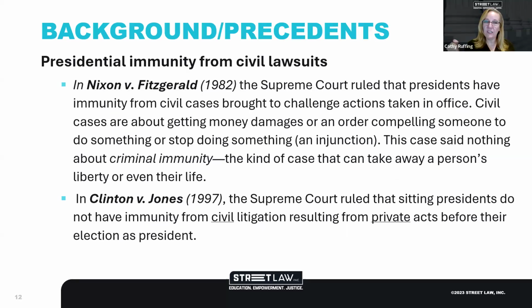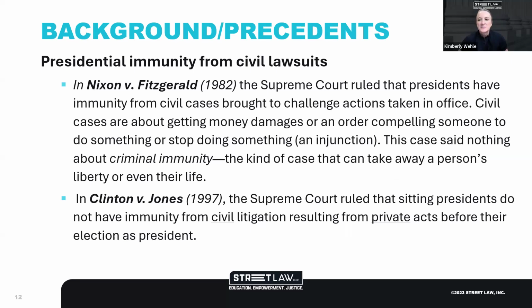Great. And then Kim is going to talk us through some of the precedents. If you are following along in the case summary, you'll see that there are much longer entries for these. So just for time's sake, she's going to give us the most important parts that we can take away from the precedents as they apply to this case.